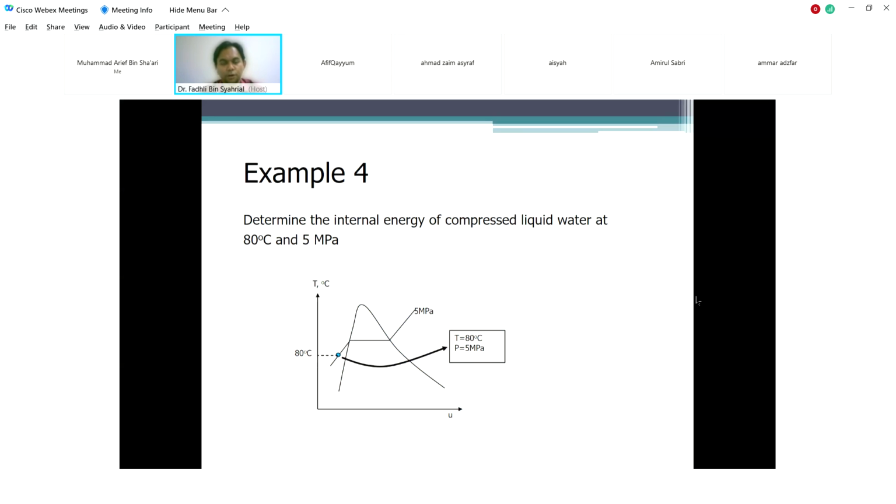For example number 4, for the case of compressed liquid, we have to follow the steps as we did for the previous phases. Step number 1, step number 2, step number 3, and step number 4. You have to follow all of these steps in order to solve any problem. So for compressed liquid as well, you have to follow the steps. List down all the information given and then draw the TV diagram. So here we have our TV diagram, and then transfer the information given into our diagram. That's step number 3.